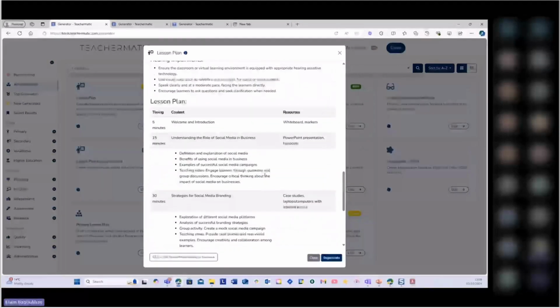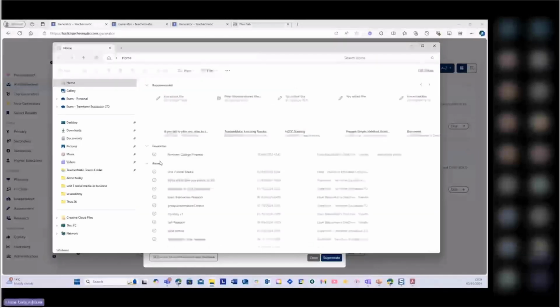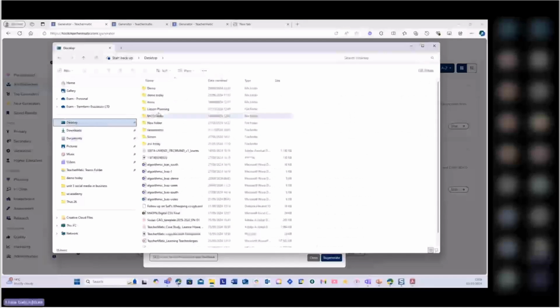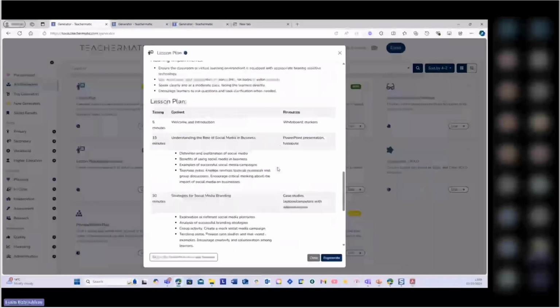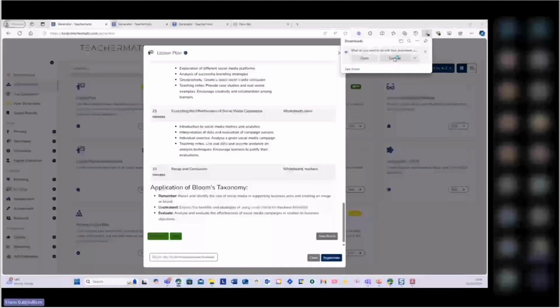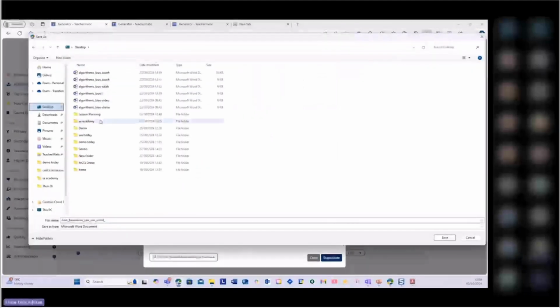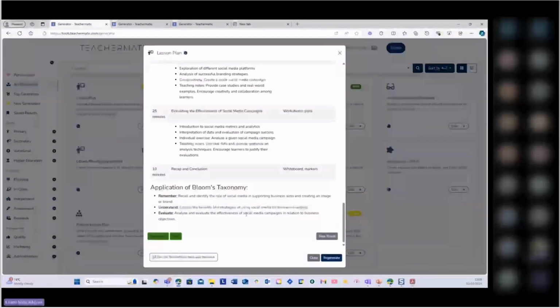What I would do is create a folder structure on your computer. For example, I've created a folder structure here with all the generators that I'm going to use for my lesson planning. I've got a folder called lesson plans here. And what I'm going to do is save this, because I think there are some really good aspects here. Just click Export as, Word document, Save as, and go into the folder that I've created and put it in there. I'll call this version 1, right? I'll go back and click on Regenerate.